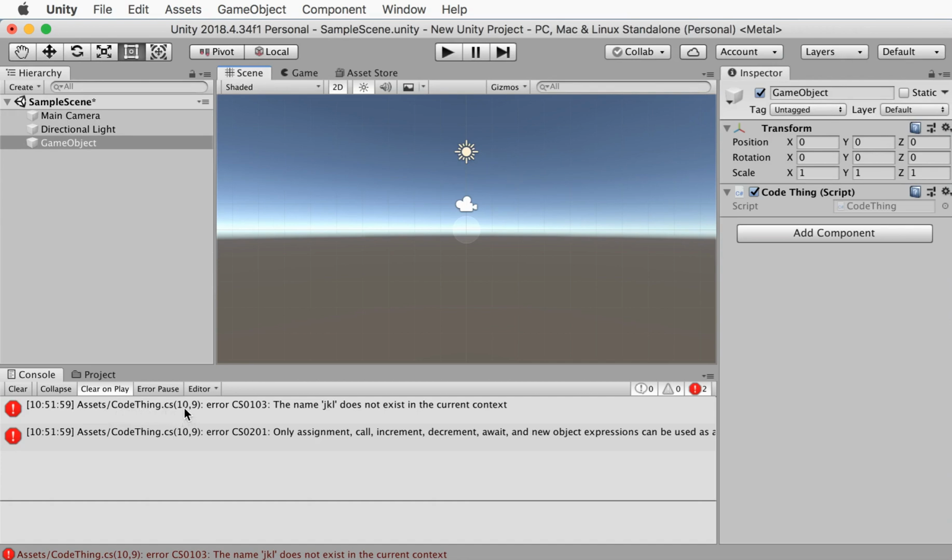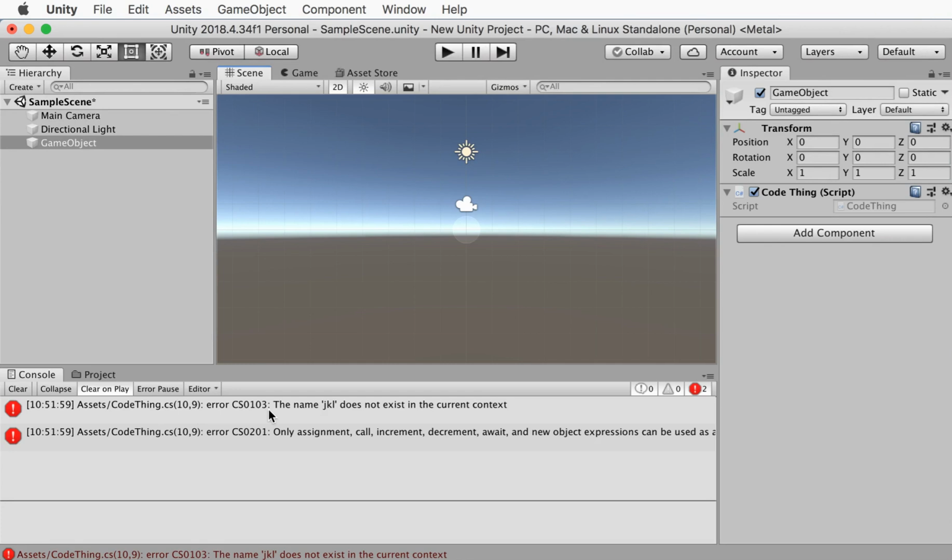Then, here's maybe the most important thing, it tells you not where the error is necessarily, but it tells you where it gets confused in your code. So this is saying that line 10, 9 characters into the line is where it starts to be confused about what it's looking at. And it has an error code